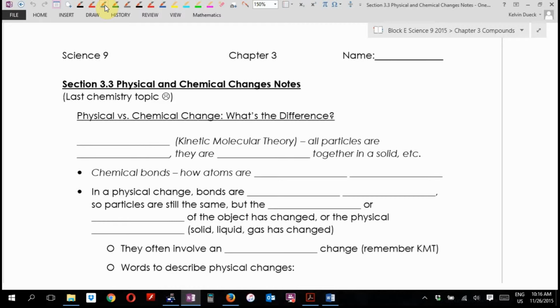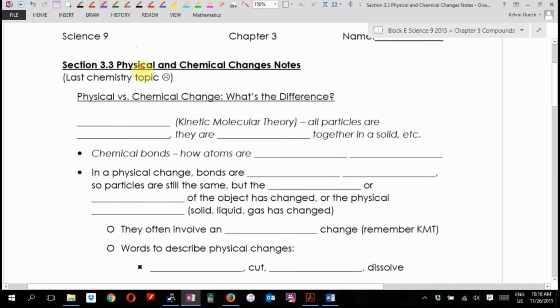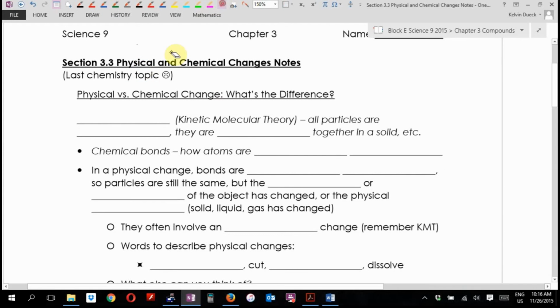Here we go. We're going to be talking about two types of changes that can happen to substances: physical changes and chemical changes. Last chemistry topic. So we have a physical change versus a chemical change. What's the difference? First of all, recall from your KMT,